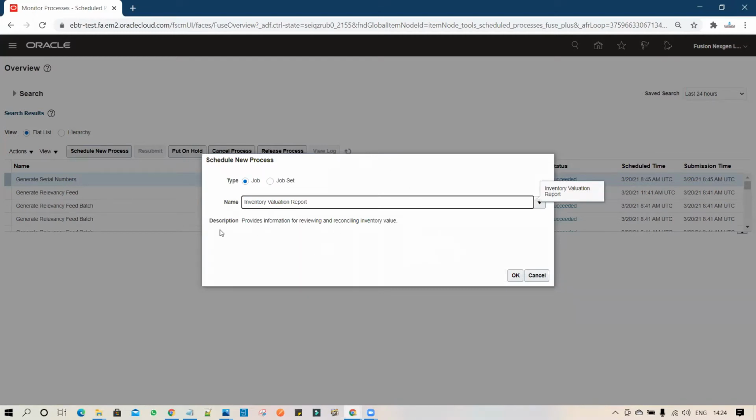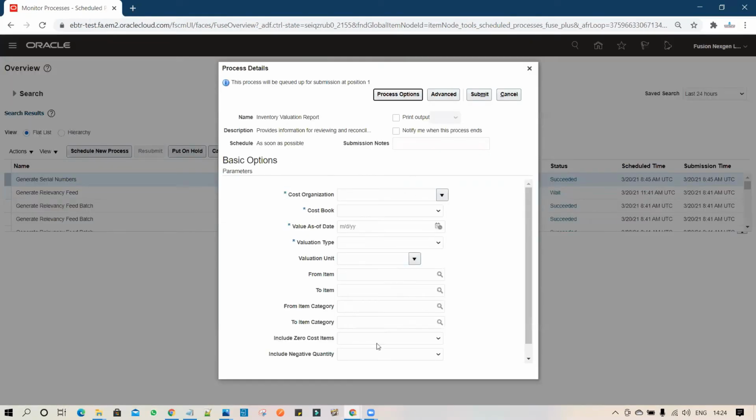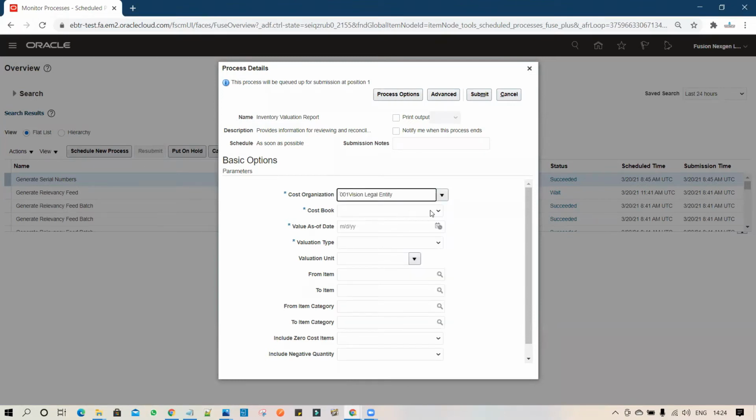Let's assume your management wants this report output every month over email in an automated fashion. Once you click OK, the system will prompt you to enter a couple of parameters. So I am entering the parameters.